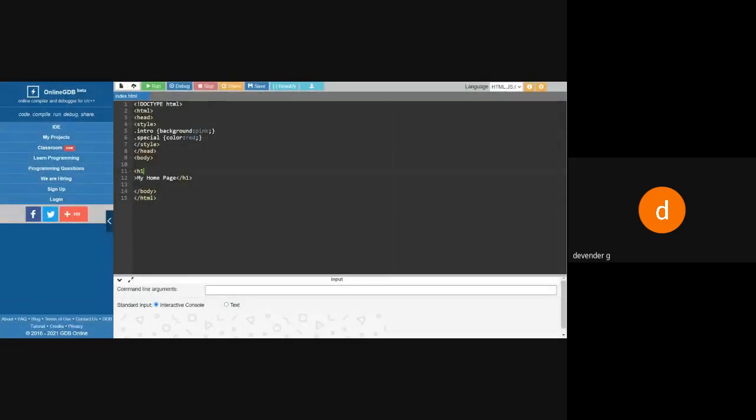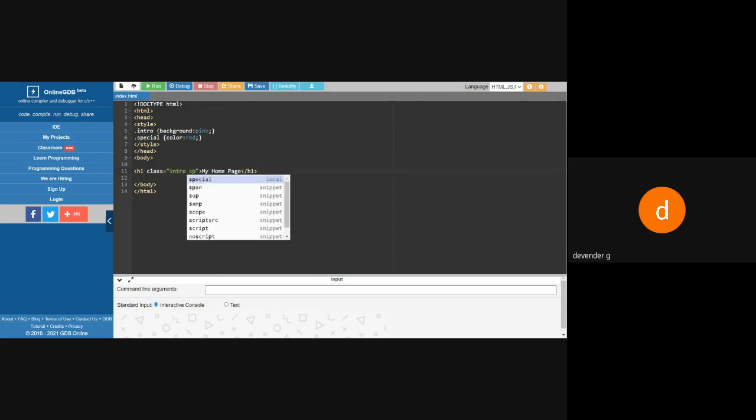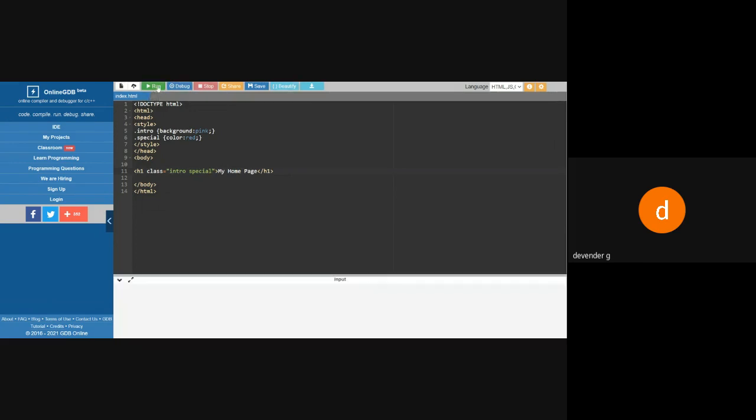So here I'm using class is equal to intro. Now we can see the output of this. I can see I got the background color pink and the text color, both the things. So I'm using intro space special. Got it?